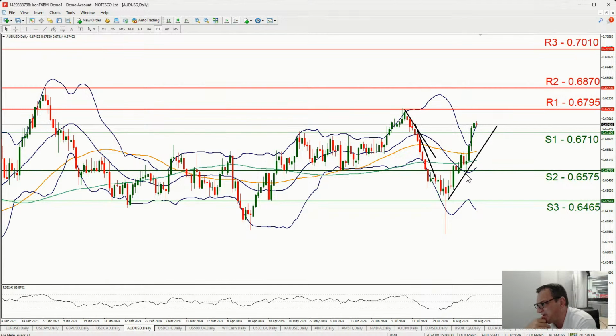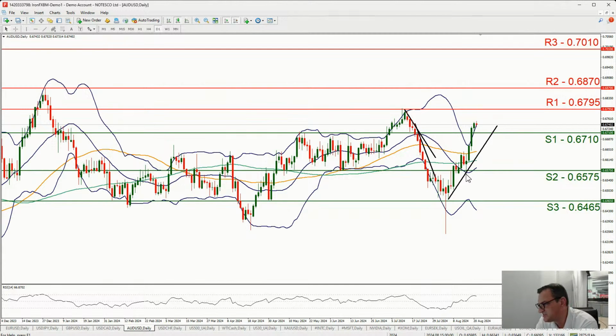On the other hand, the price action has breached above the upper Bollinger Band, which may force the price action to actually correct a bit lower. As long as the price action remains above the aforementioned upward trend line, we tend to maintain a bullish outlook for the pair, in which case we may be seeing AUD USD starting to aim, if not reaching, the 0.6795. Once again, though, one catch is that the upper Bollinger Band may not allow the pair's price action to ascend as high as we have mentioned.